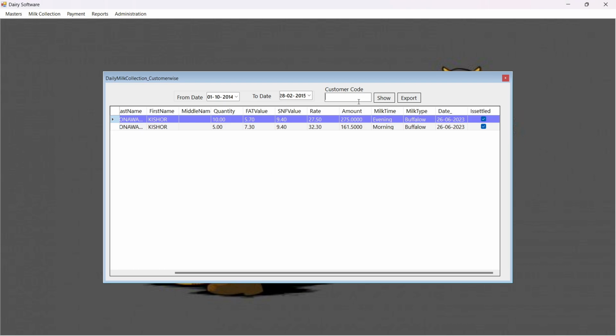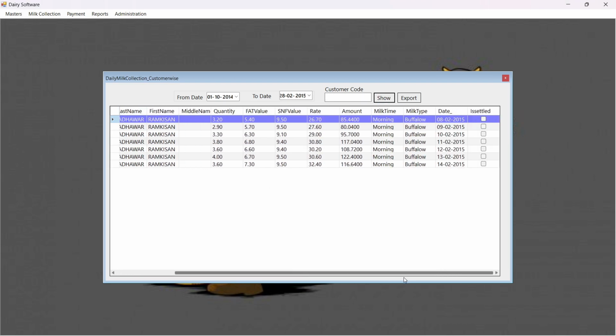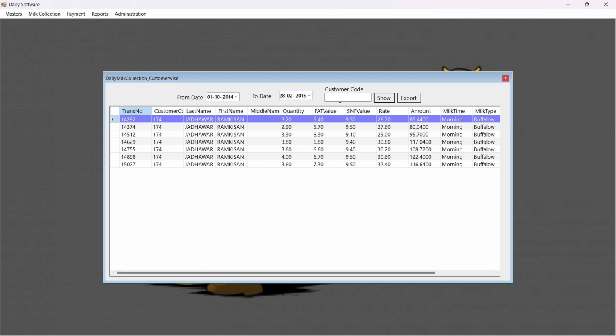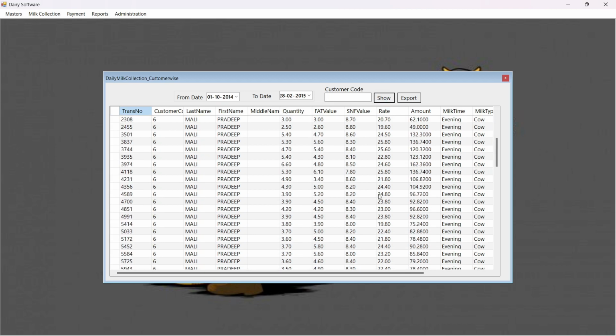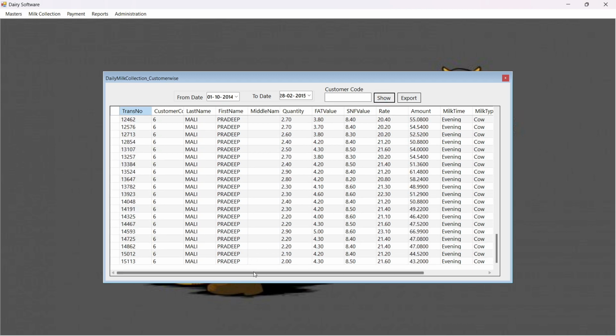So 174 customers. So yeah, there is data, or there are 6 customers, then you will get such data from, for example, Sandeep